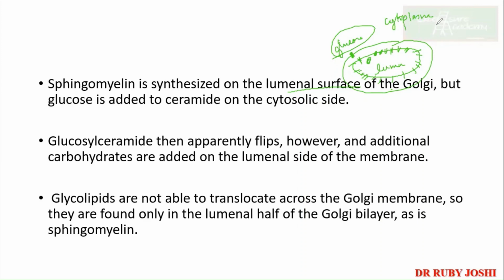Now I hope you know about the enzymes called flippase, floppase, scramblase, right? They help in the flipping of this glucosylceramide to this side. So kya hoga abhi? Let's say this is this. With the help of the flippase, floppase, it will come over here, आउटर से इनर की तरफ आएगा, यानी कि साइटोसोलिक साइड से ये लुमिनल सरफेस की तरफ आएगा, एंड लेटर द फर्दर मॉडिफिकेशंस विल बी डन. दैट इज व्हाट इज रिटन.